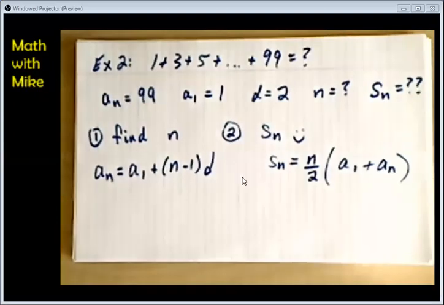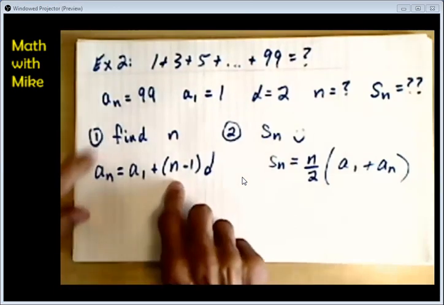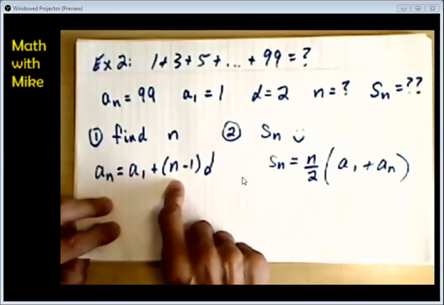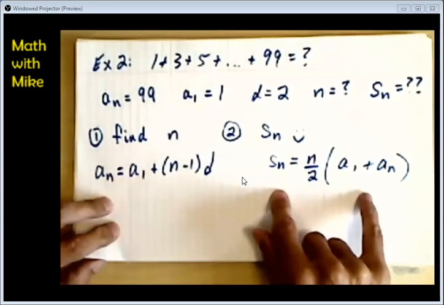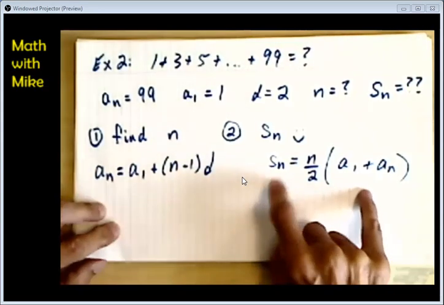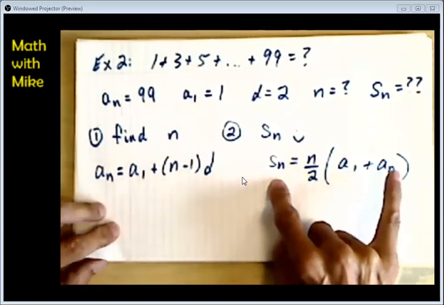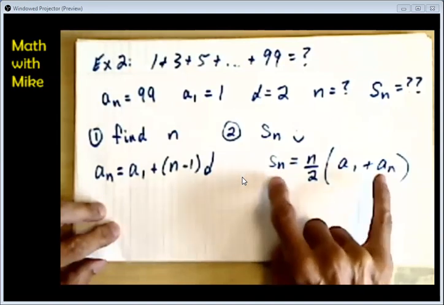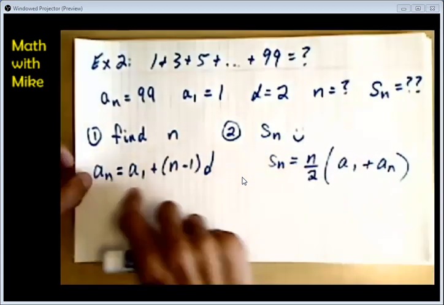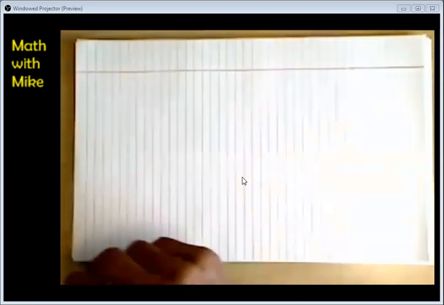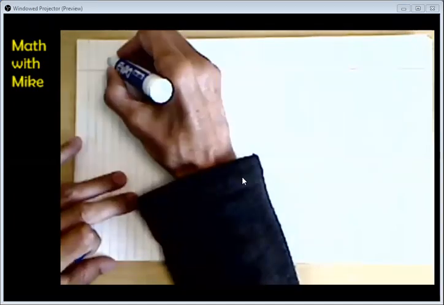Okay, so to provide the solution for this, we got to find N first using the sequence formula. And then once we have the value of N, we can really use either series formula to get the answer. But since we have our last term, we'll just use this formula so we don't forget about it. Okay, so let's do step 1 first. Step 1 to find N,